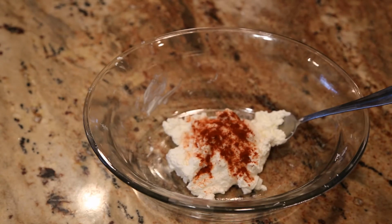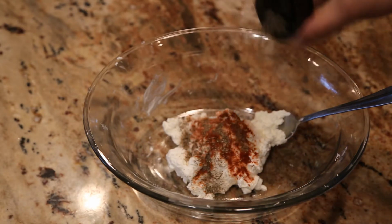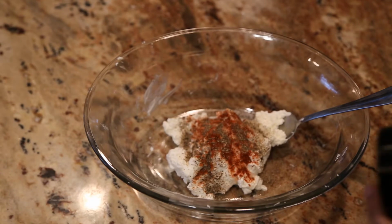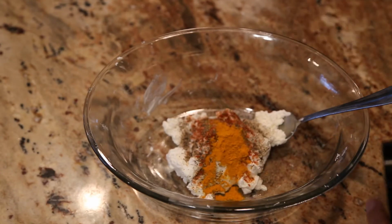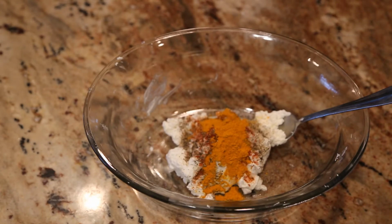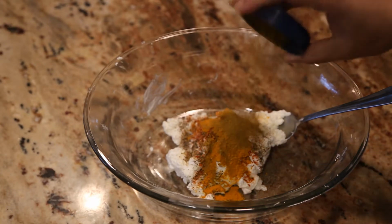I'm gonna add some black pepper for flavor. Since we added the red chili, I'm gonna add just a little bit of black pepper just for flavor. I'm gonna add turmeric powder, one teaspoon, and we're gonna add 1 teaspoon of coriander powder,